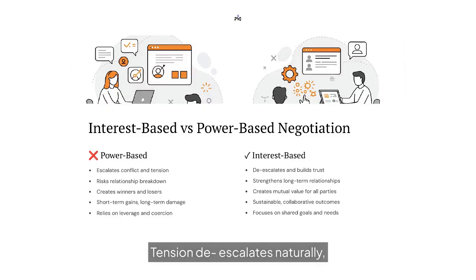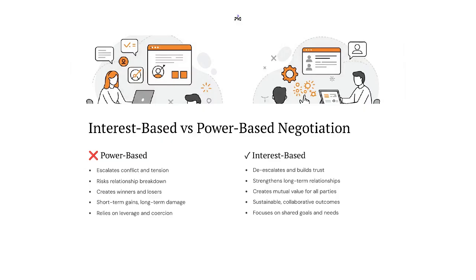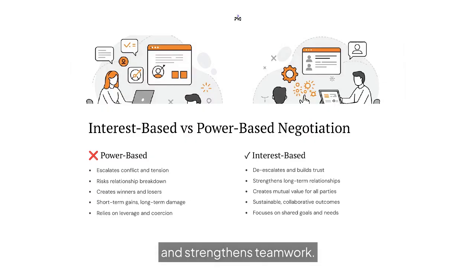Tension de-escalates naturally, creating an environment where dialogue replaces confrontation. In the long run, interest-based negotiation leads to sustainable success. It nurtures relationships, inspires innovation, and strengthens teamwork. By focusing on what truly matters to everyone involved, you can transform conflict into cooperation and replace power struggles with